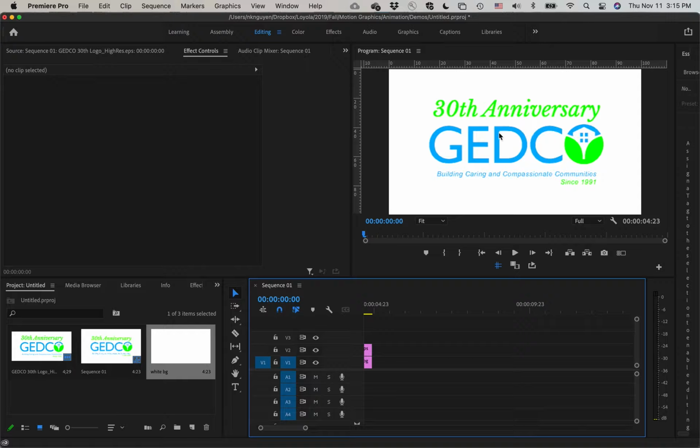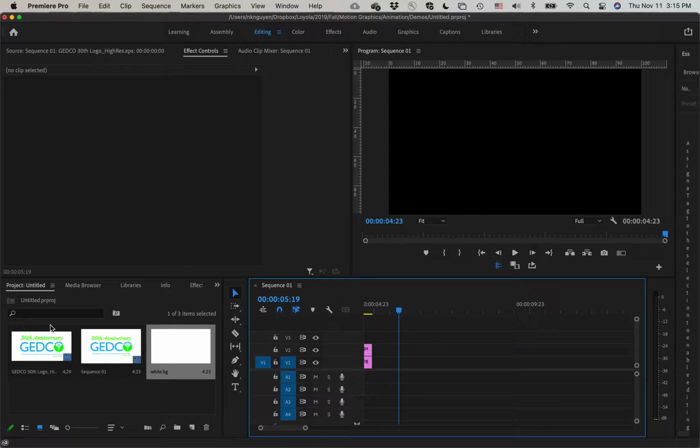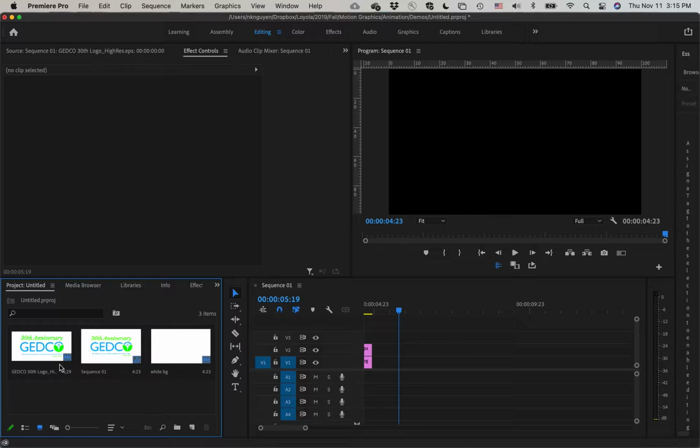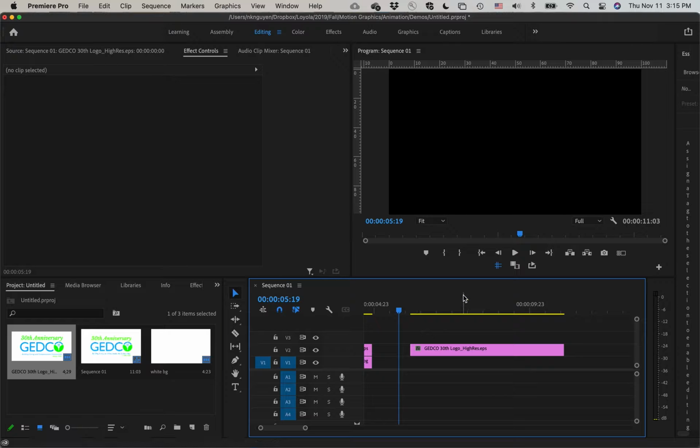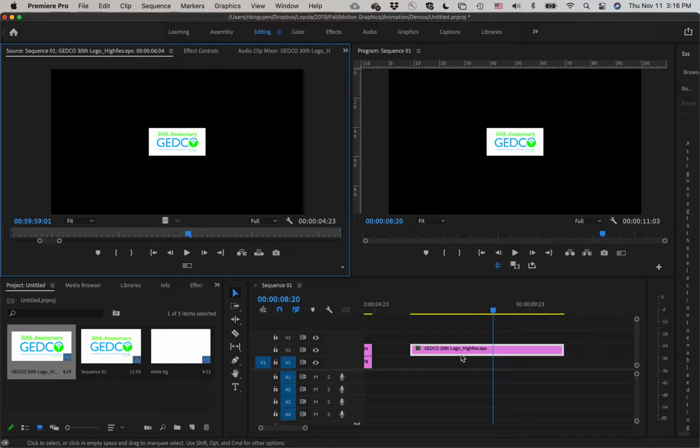We want to use this logo. So I made a new sequence. The logo is already in the project window here, and I'm going to just drag the logo in. It's tiny. So first you want to double click the clip, go to Effect Controls in your source monitor,